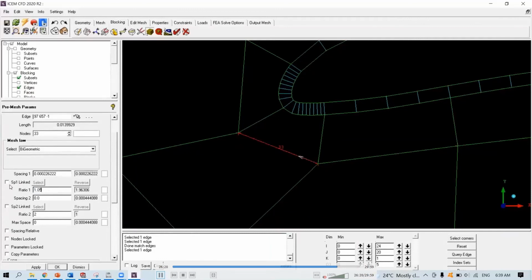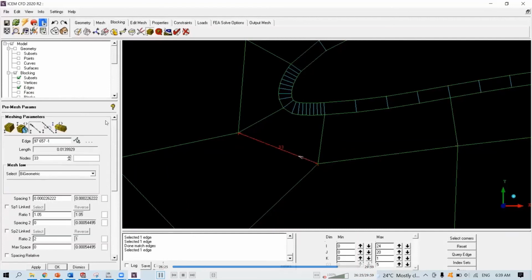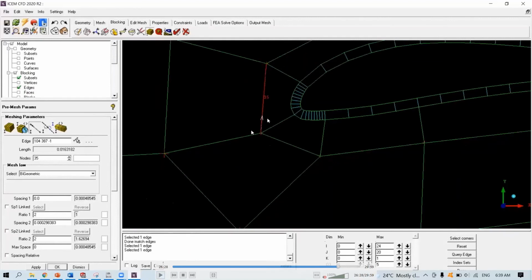Right now it's just 1.05. Do the same thing over there. Notice that the direction is upwards, right? So this is 1, this is 2. Just now we matched the spacing from this high concentration to this low concentration.